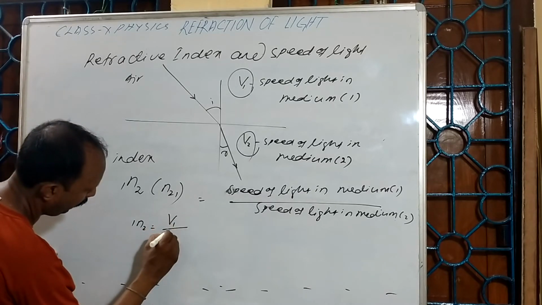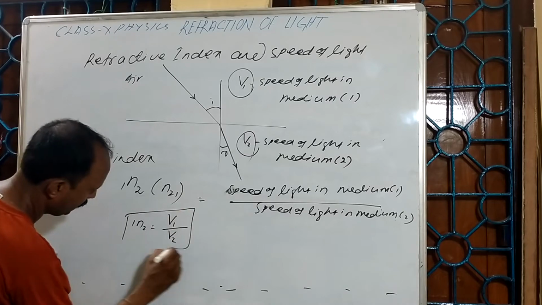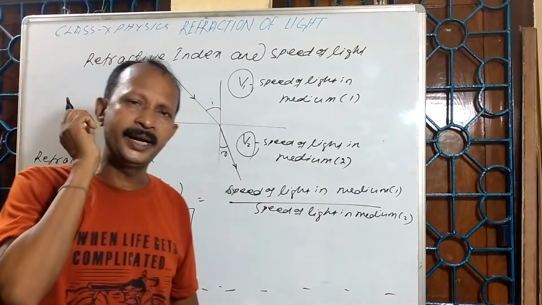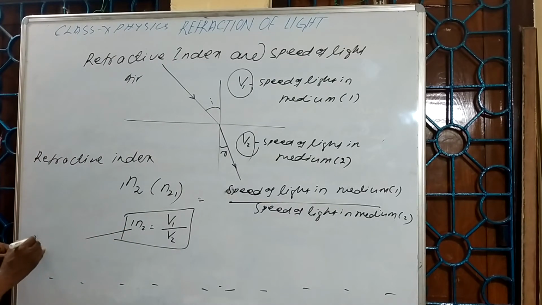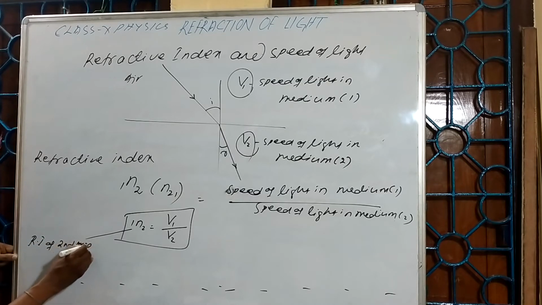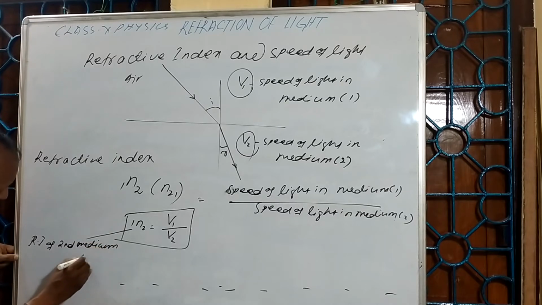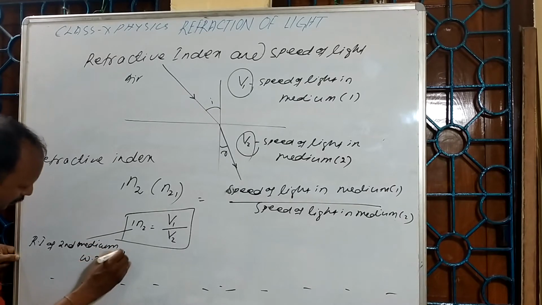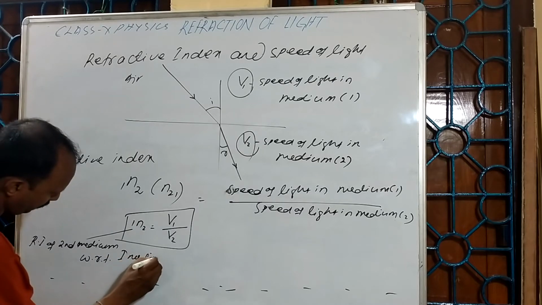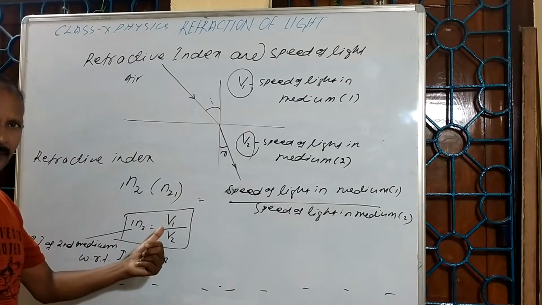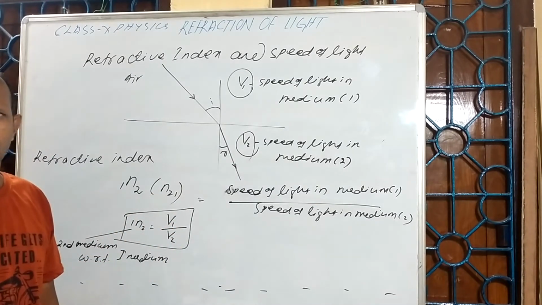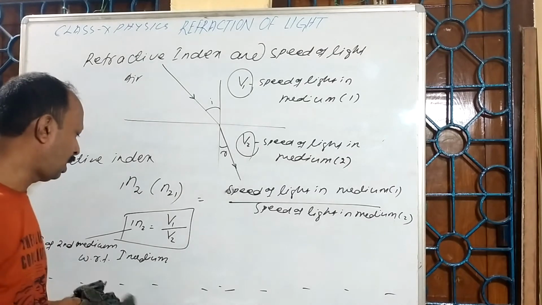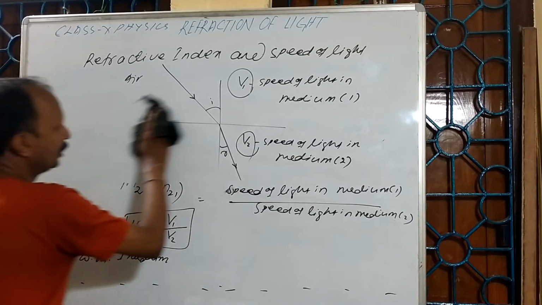V1 upon V2. This is the refractive index of the second medium with respect to the first medium. That means speed of the light in the first medium to the speed of the light in the second medium. Now I can say that, see here,